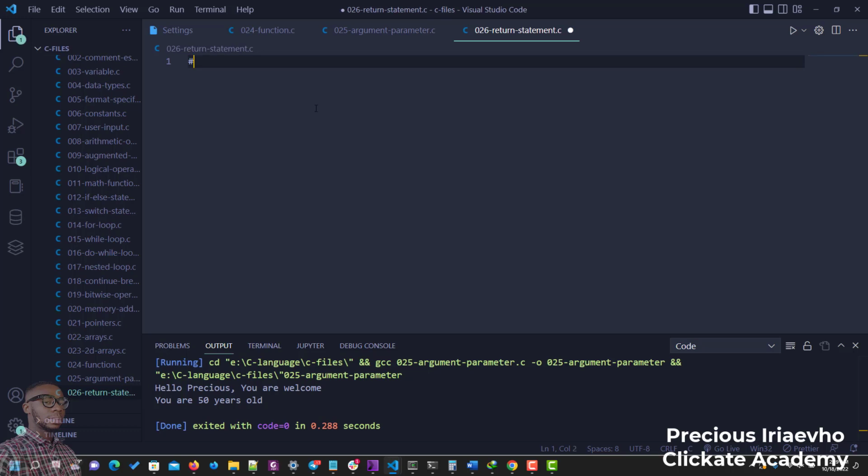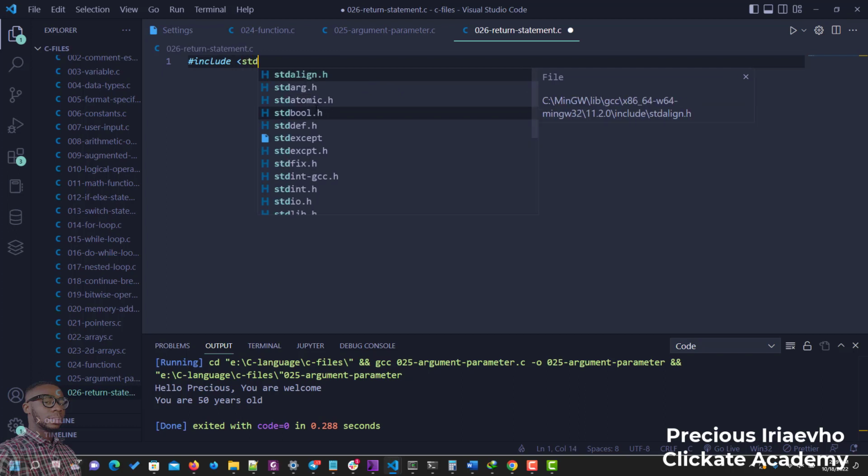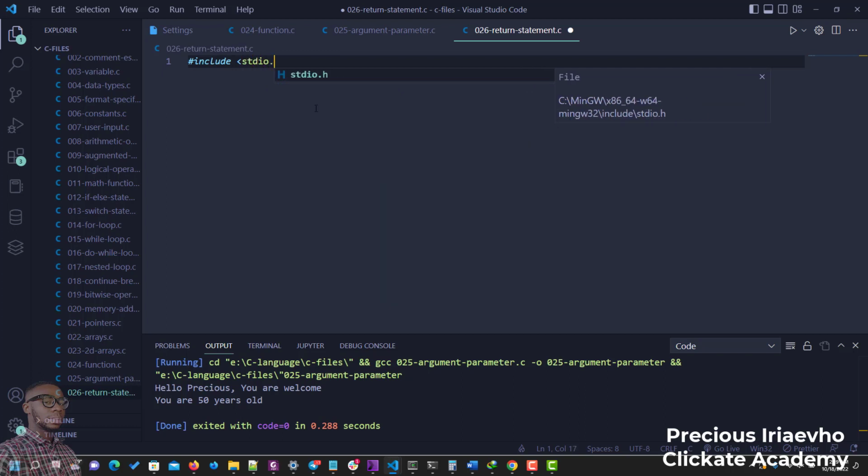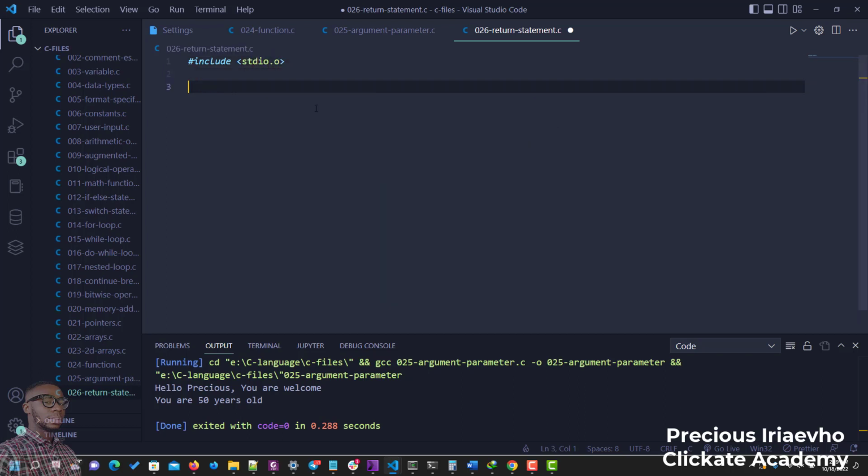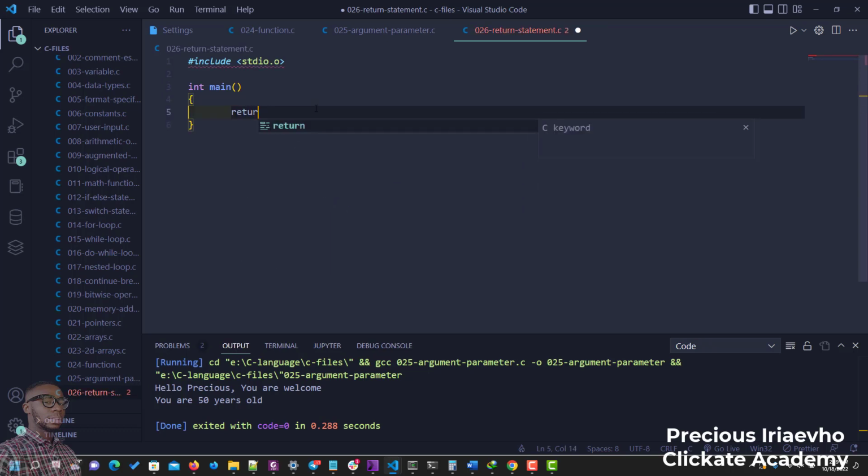So you can see we already use a return statement in our main function. Let's look at it again. Right here we say int main, and we have a return statement here that says 0. So this is the exit point of our main function,